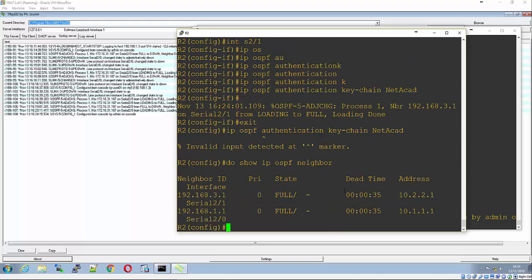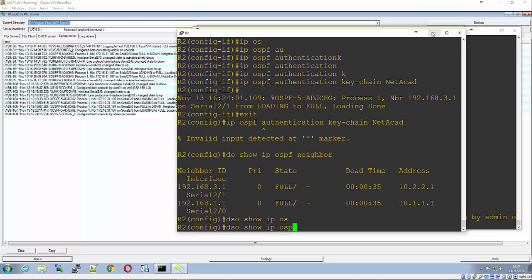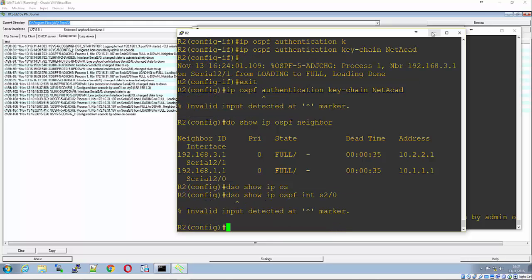There we go. So now we can see both neighbors, which is good. So now we've got authentication and we've secured the control plane. So if we do a show IP OSPF interface serial 2.0,